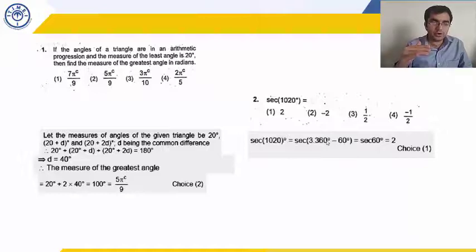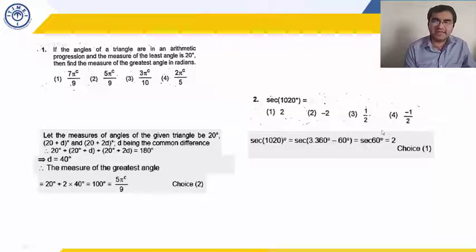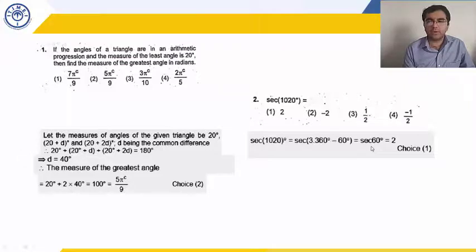Okay. So what is cos 60? Cos 60 is sin 30. That's half. And you need sec 60, which is 1 divided by cos 60. That's 1 divided by half, that is 2. So this is how to find sec 60. Sec 60 is 1 by cos 60 and cos 60 is half. So the answer is 2.